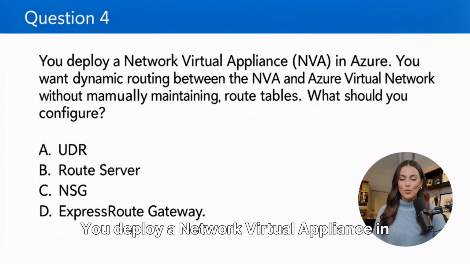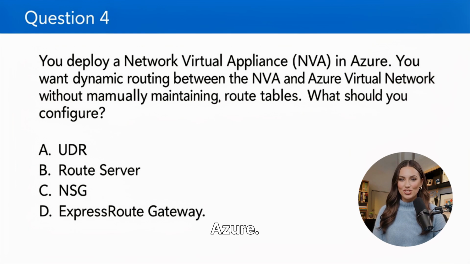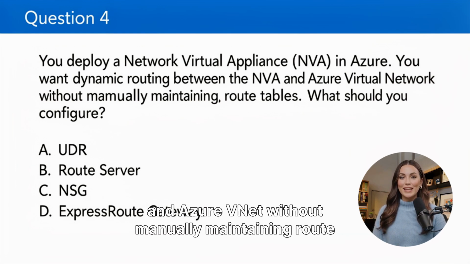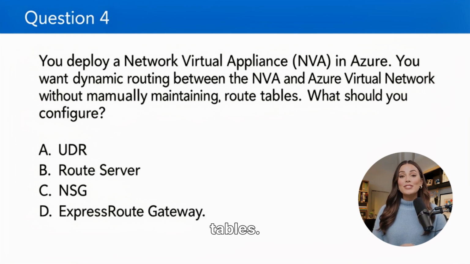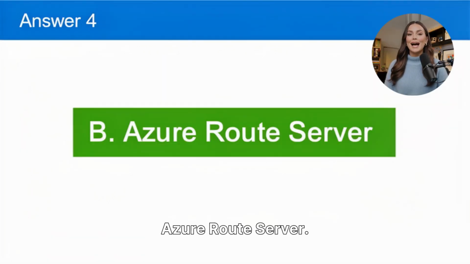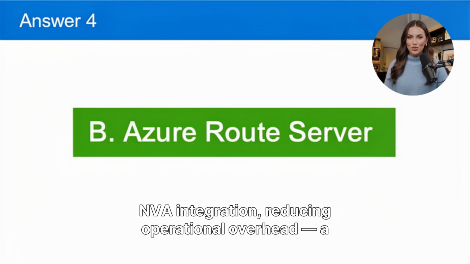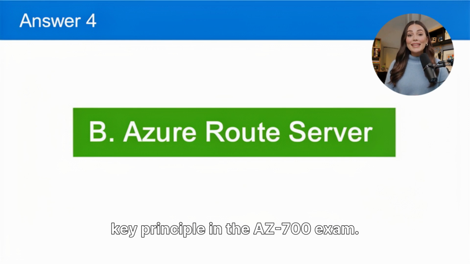Question 4. You deploy a network virtual appliance in Azure. You want dynamic routing between the NVA and Azure VNet without manually maintaining route tables. What should you configure? A. UDR. B. Route Server. C. NSG. D. ExpressRoute Gateway. The correct answer is B. Azure Route Server. It enables dynamic BGP routing and simplifies NVA integration, reducing operational overhead, a key principle in the